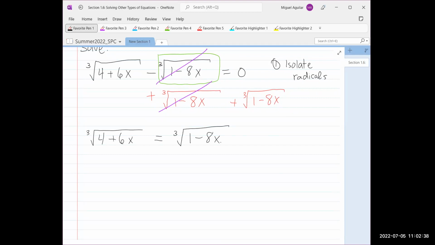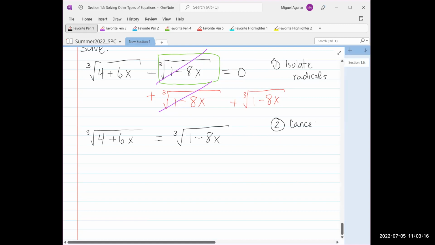Does anybody have any questions about that part? Again, I just wanted to clarify that it doesn't matter how big or complicated that chunk of information looks like. If you have minus that thing, you can add that thing to both sides and it'll cancel out on one side of the equation. Is everybody okay with that? Now, the reason why we want these isolated to either side of the equation is because the next step